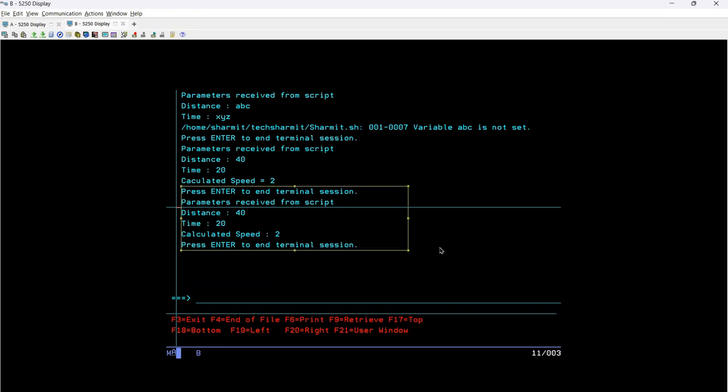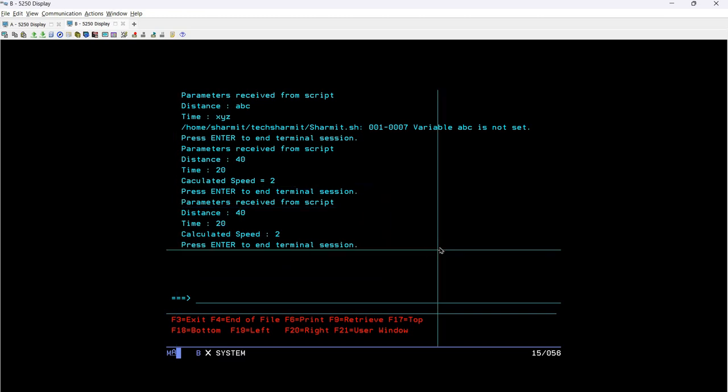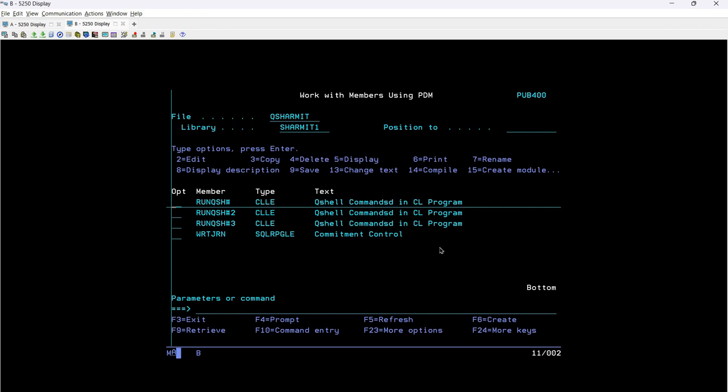Okay, so yeah, this is what we were expecting from this script, because we provided two values as distance and time, and then those two values we have utilized in order to perform some calculation on the basis of input parameters, and then we return the value, which is speed. Okay, so yeah, I think now it is pretty much clear, and for the next session we will discuss a few